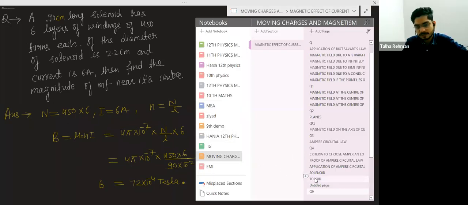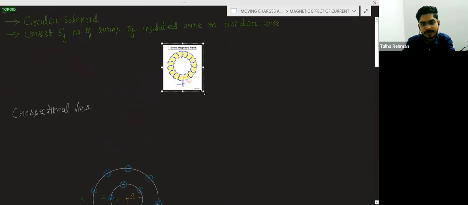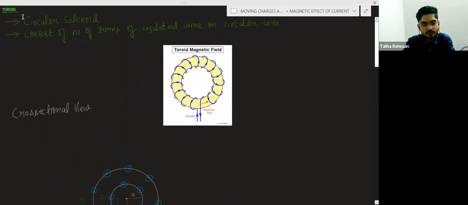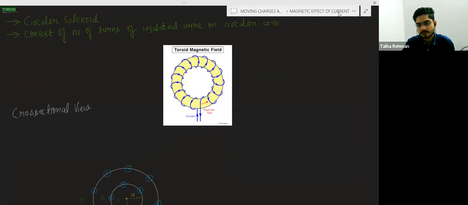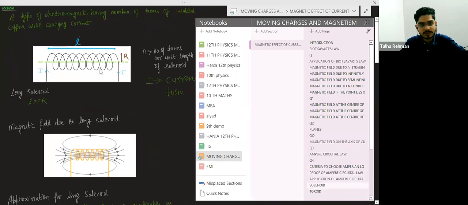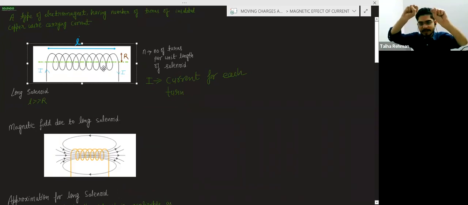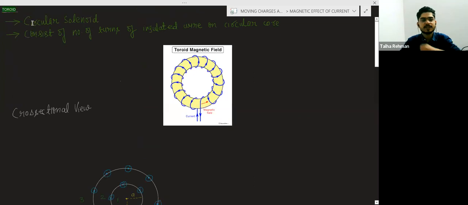So toroid, we will not derive the magnetic field for toroid, and we will just know what is toroid. Suppose you have a solenoid, the earlier solenoid we have used. This solenoid we have, and I have just bent this solenoid in the circular form. So this will become a toroid. This toroid is a circular solenoid, you can say, and this consists of